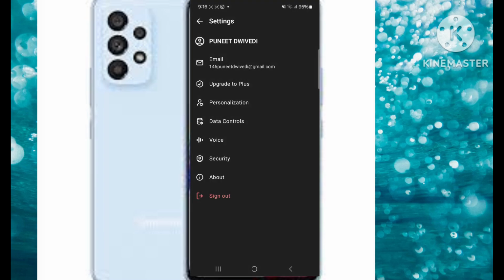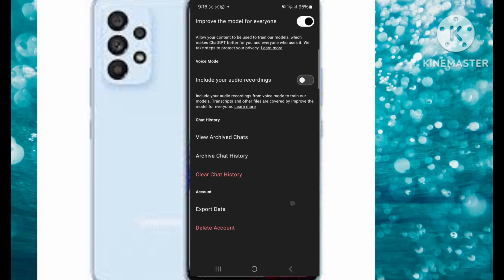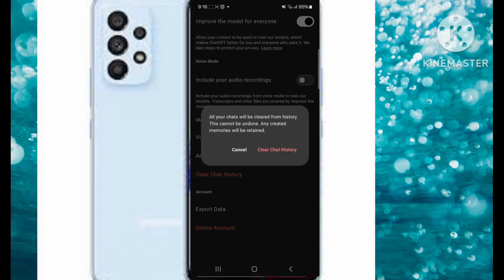Here you will see email, upgrade plus, personalization, data control, voice, security, all the options are there, but you have to just click on this data control. When you click on data control, here you will see clear chat history. When you click on clear chat history, here you will see